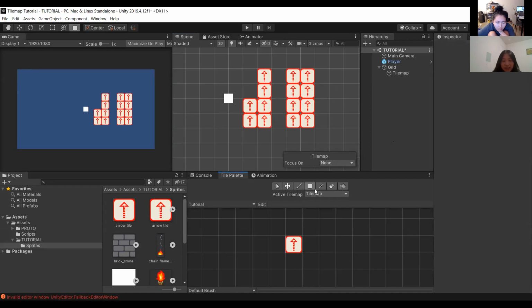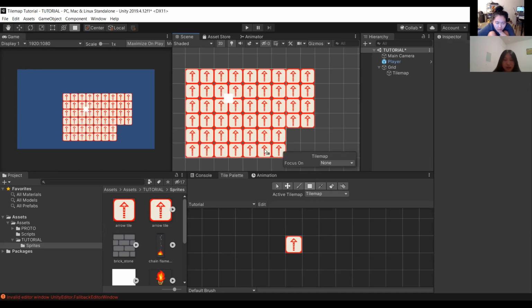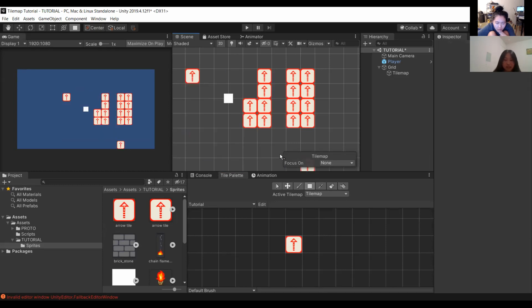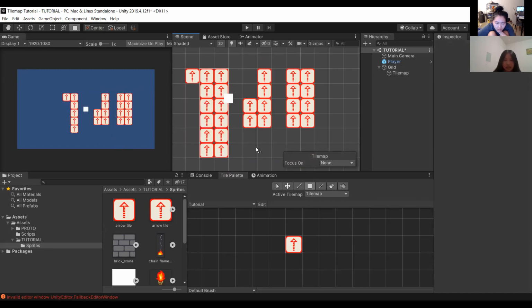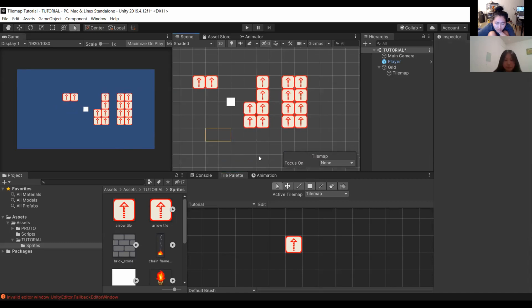So paint, this one is a fun one. Essentially, whatever area you have selected, it will paint over all of it. If I click and drag, it'll paint that entire area. So if you want to fill in huge rectangles with this amount of stuff, it's essentially a fill tool. I believe you can, no, you cannot, never mind. I'm getting flashbacks to all my days in Mario Maker. Yeah, it's similar.